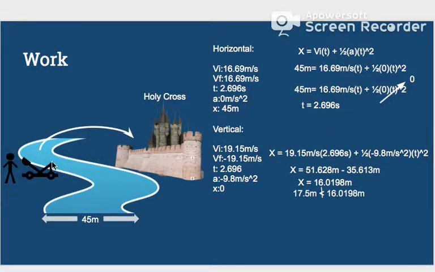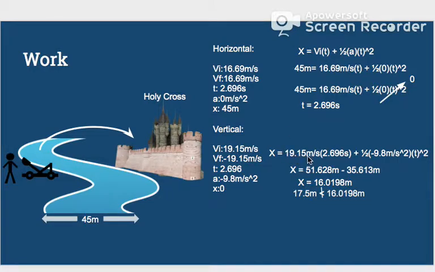So, now that we have the time it takes for the rock to cross the moat and hit the wall or go over the wall, we now want to know what the height of the rock is, or the vertical displacement the rock will have. And so, trying to find the vertical displacement, we now take the displacement formula again, but plug in our vertical components. So, we use our initial velocity